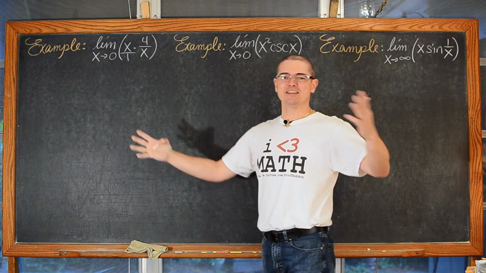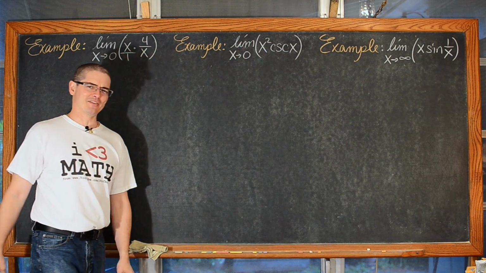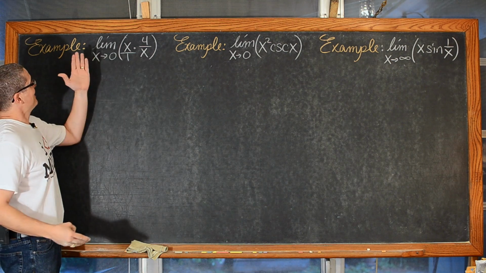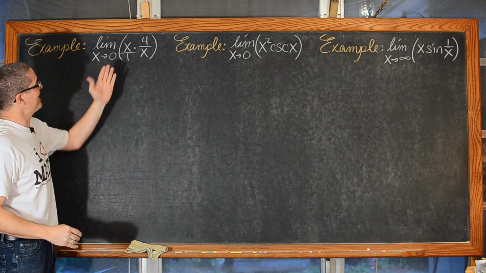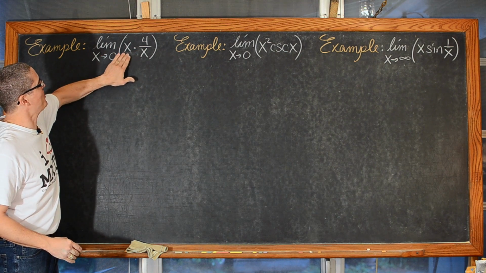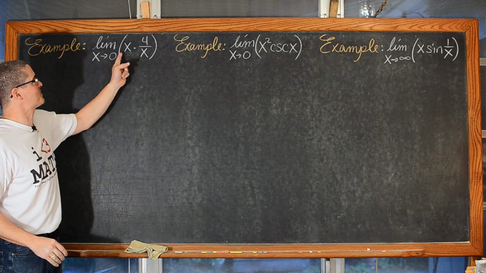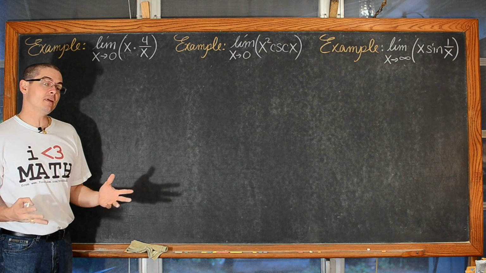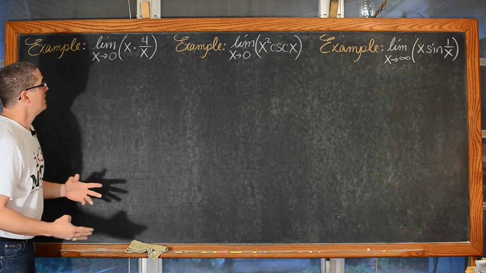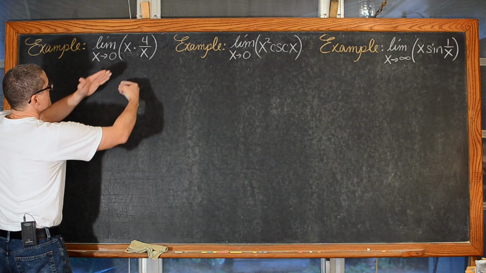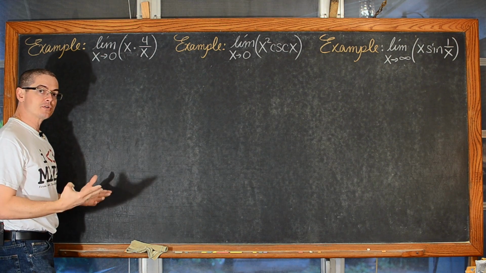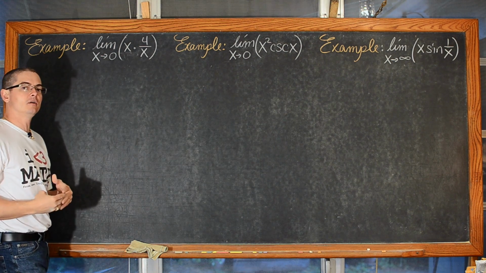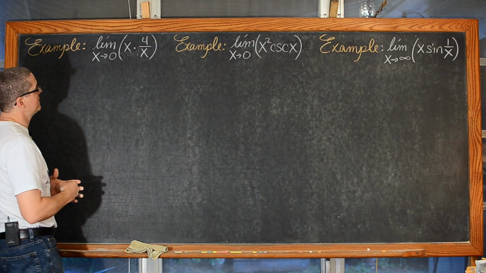Okay, so this indeterminate form of products, take 3, even though it was right the first 2 times. You just didn't get to see it. The limit as x approaches 0 of x times 4 over x. Okay, so we know that this was 0 times infinity, indeterminate form of products, and yet we knew that the answer was equal to 4. So we need to try and rewrite this into a quotient which allows us to apply L'Hopital's rule by getting it into that indeterminate form of 0 over 0 or infinity over infinity.